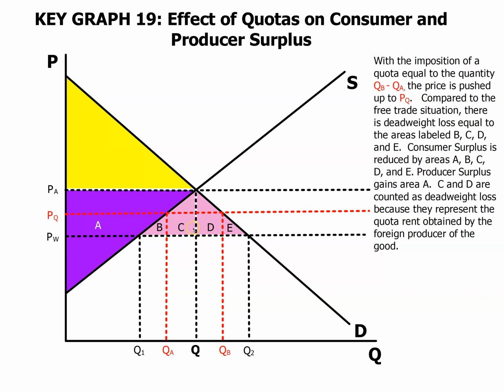quota rent that's going to other countries, other companies in other countries. So that money is actually going out of the country. So it's almost better that you would use a tariff here than a quota because the consumers are still paying the tariff price, but the government isn't getting any revenue from these quotas. The foreign producers are, and so C and D is actually money that is going along with the price of the product